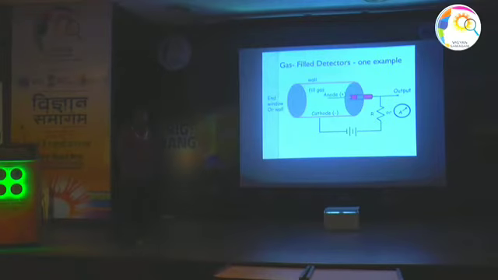This is a very simple kind of gas detector. It has a cylindrical geometry, where the wall itself is the cathode, which is kept at lower potential, say at ground, and the central electrode is kept at higher potential, such that an electric field is produced inside the volume. There will be some proper gas, and when radiation enters the gas, there will be some interaction, and finally I need to detect it. That is the goal. I have to detect the particle.